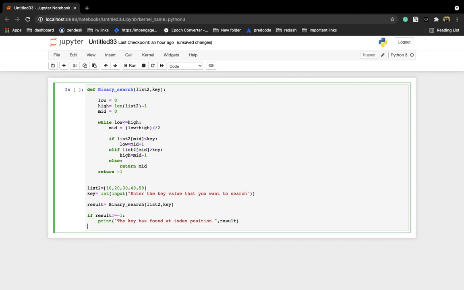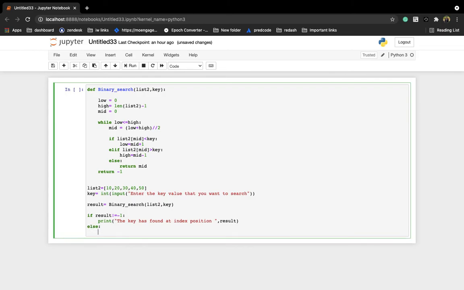Okay, else if result is equal to minus 1, we need to print an error. So I'm writing here key is not found.